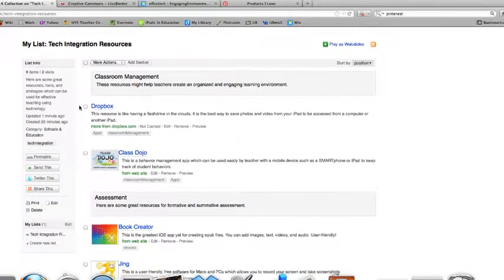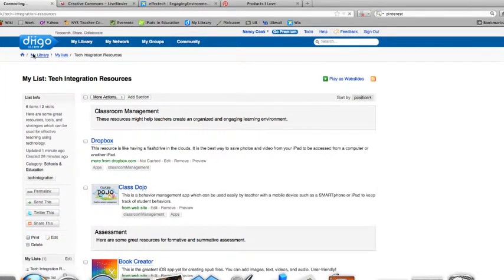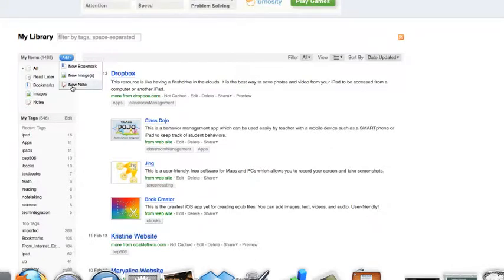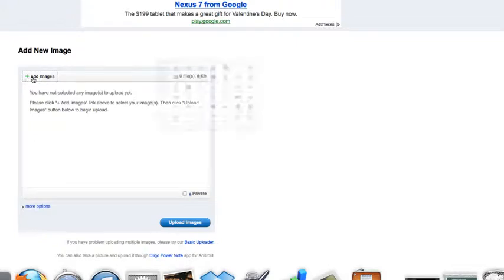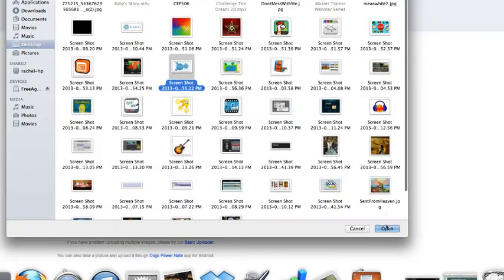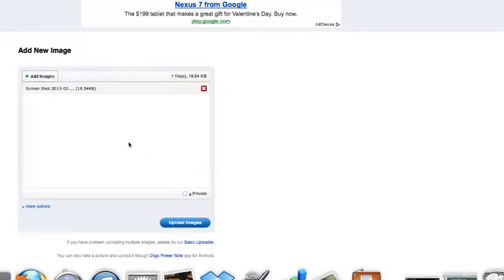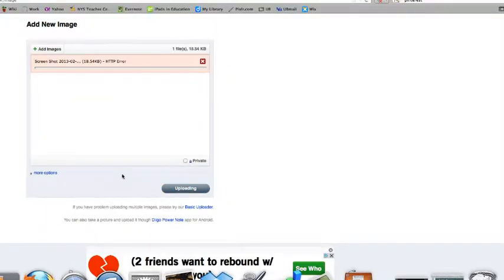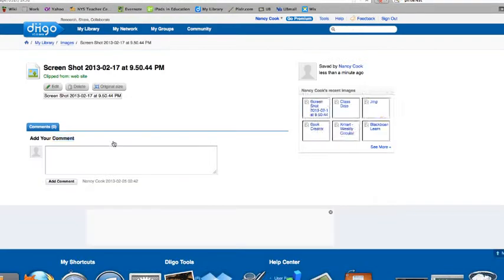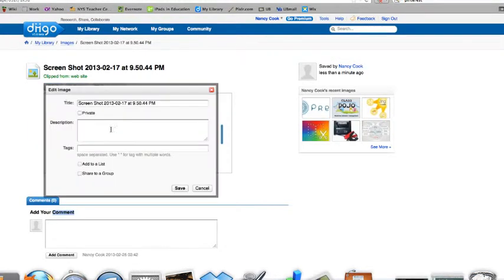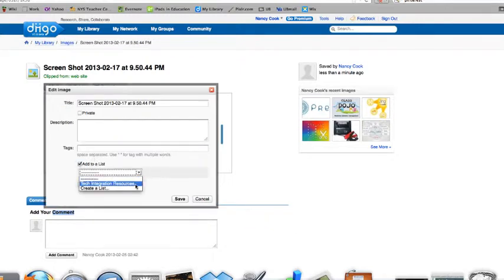So let's look and see how we would do this. I can add a bookmark, an image, or a note. Let's say I want to add an image. So I'll go here and add the image. Let's say I'm going to add this Prezi image. So I can start to upload the image, and I get an error. Okay, now I added this image, and I can choose to add it to my list. I'm going to add it to my tech integration resources. I'm going to name it Prezi,